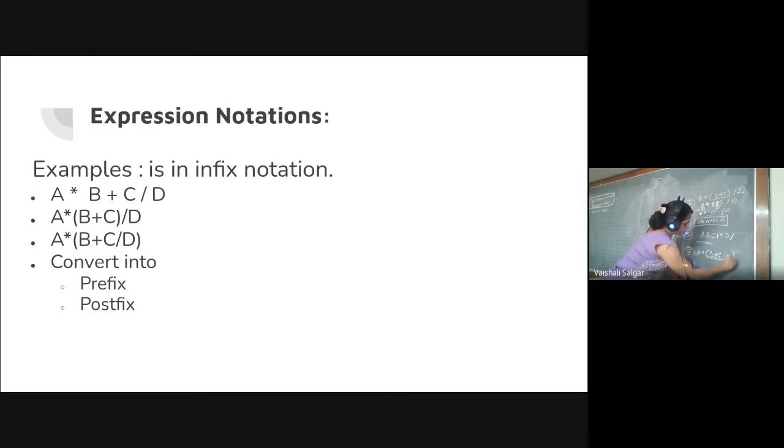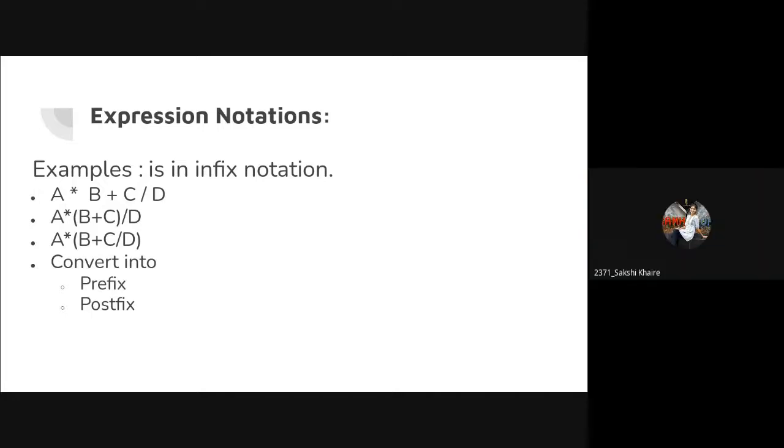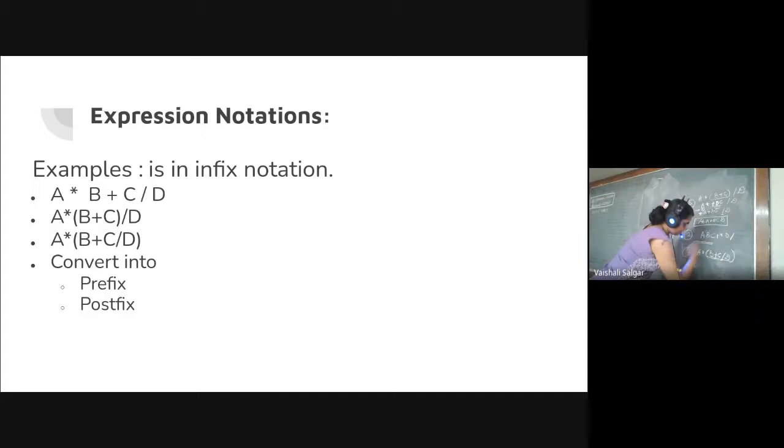I'm going to solve the bracket first, but in the bracket also the plus and division, which is having the higher precedence. Division will be done first. So slash CD B plus. So this is my one term, which will be another operator. Then again over here, this whole term is in bracket. So this will be plus B slash CD and then A star. So it will be like this.